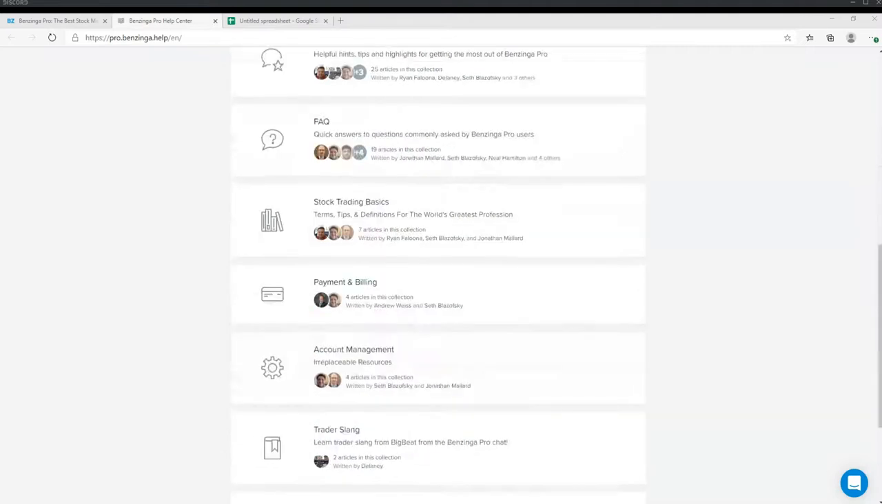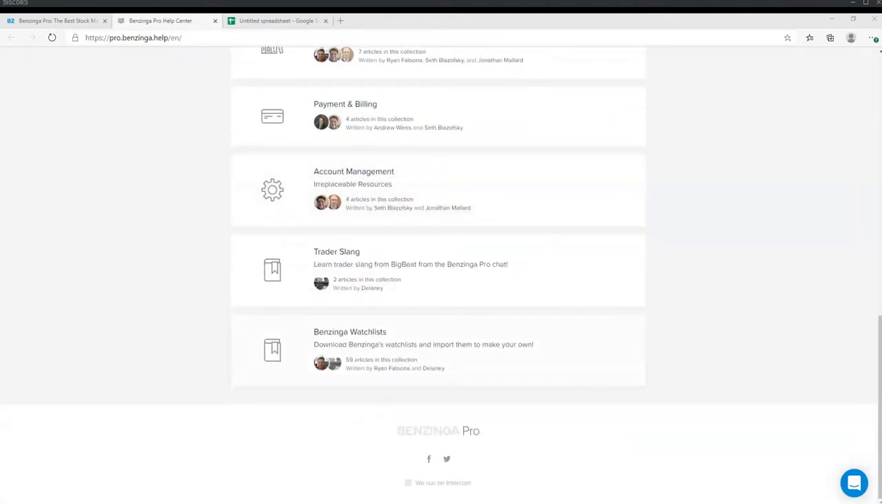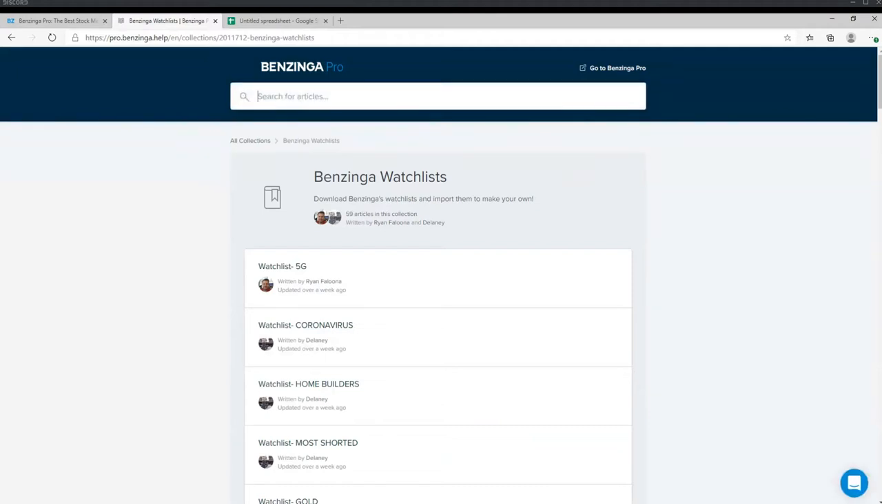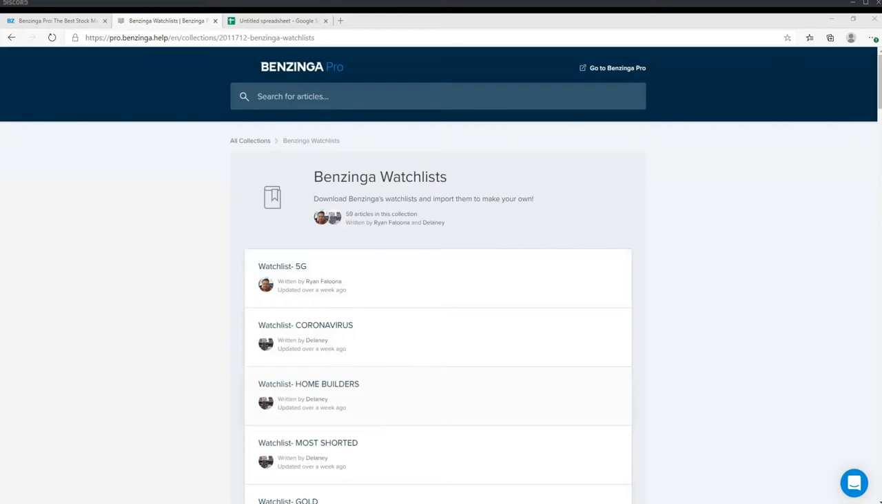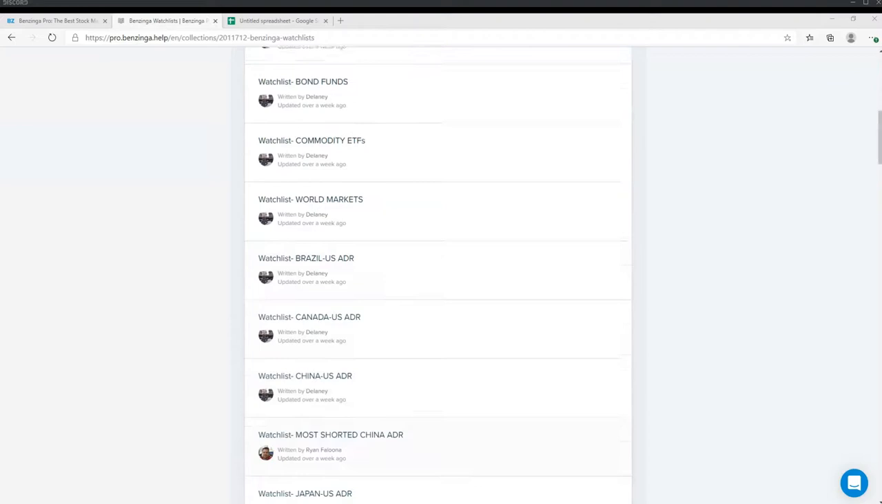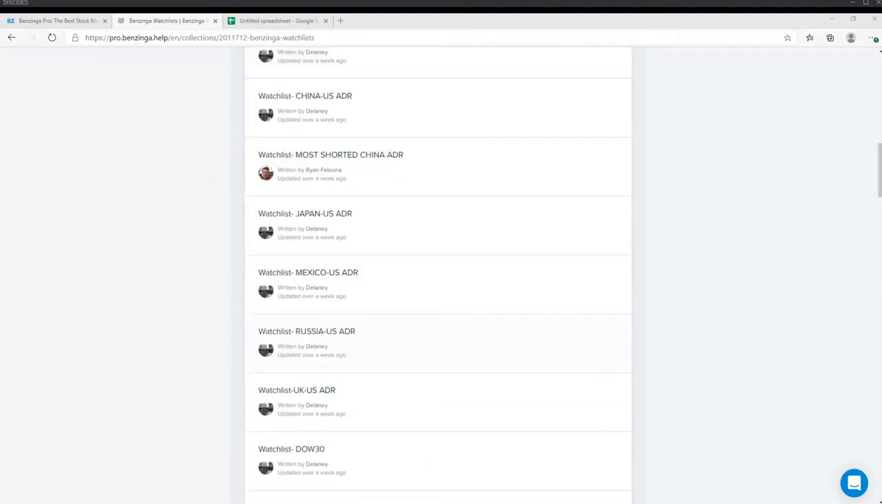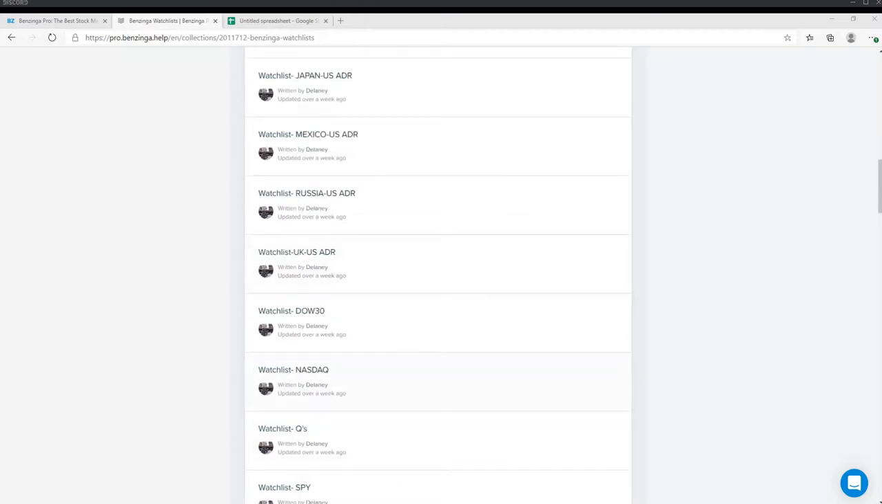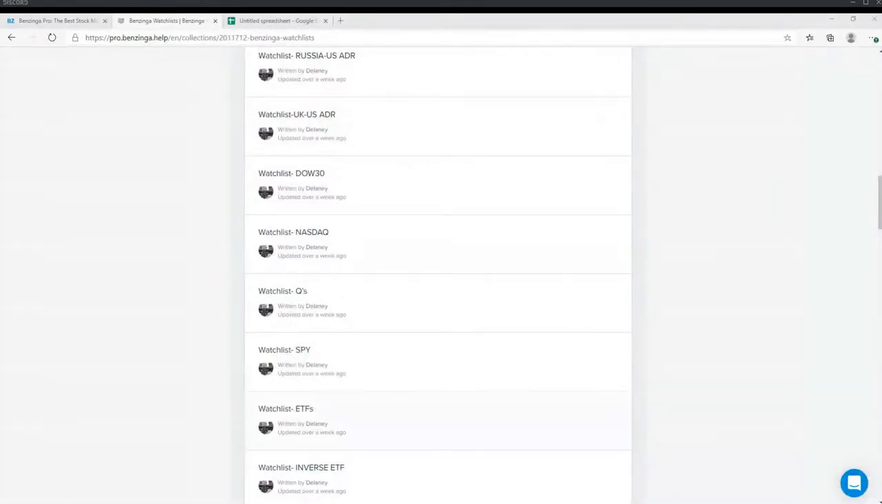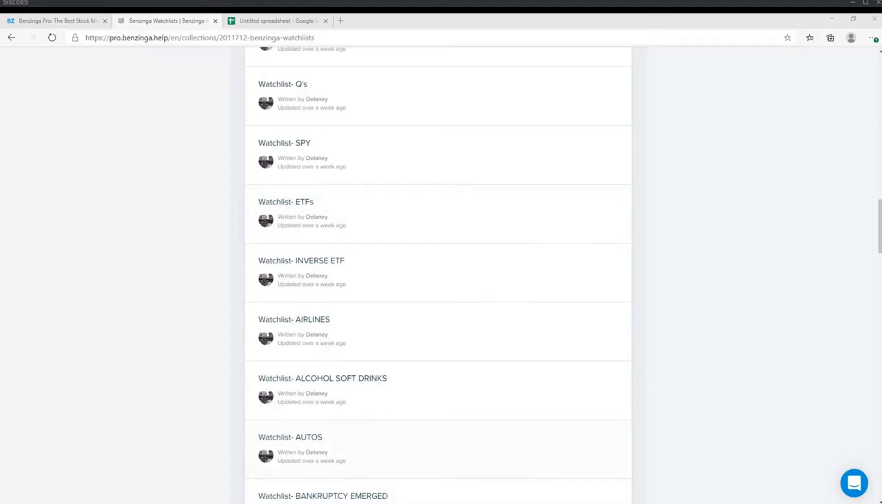If you scroll to the very bottom, though, Benzinga watch list, and if you go to the Benzinga watch list, they've got watch list on pretty much everything. 5G, coronavirus. I've downloaded all these. I don't even use some of them, but one day I probably will. You know, one day something's going to be popping that I'm going to be interested in. If you want to know every ticker on the SPY, you can do that. I download all these watch lists, my personal preference, but